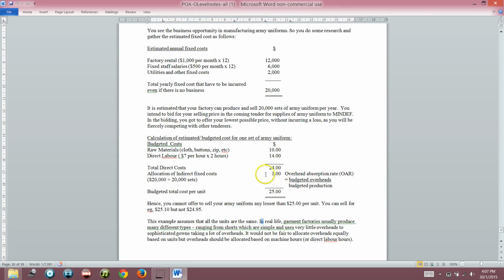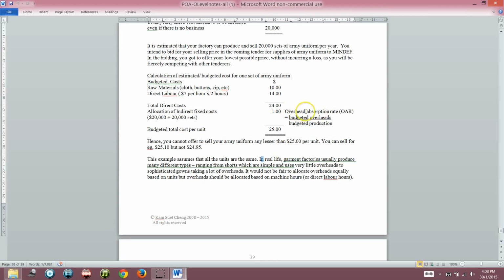So if you allocate this indirect fixed cost, these fixed overheads, equally to all the units of product, that means here I'm assuming that one unit of product is $1, then it's not fair, because a pair of shorts may take only half an hour to produce, for example. A wedding gown may take 20 or 30 man hours to produce. So how can you allocate the indirect fixed overhead equally for each product? So what I'm going to do is